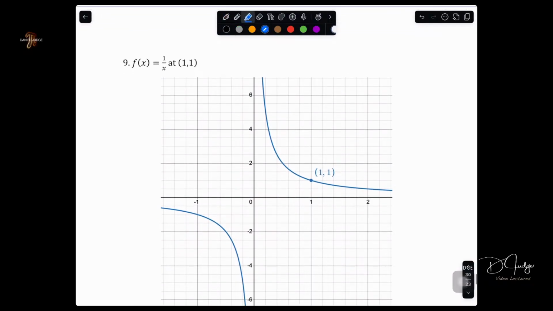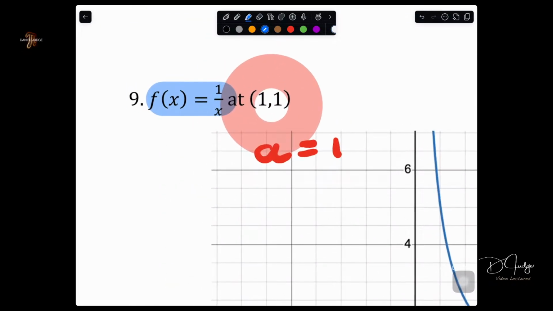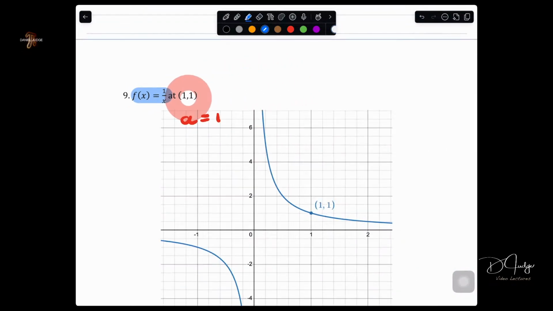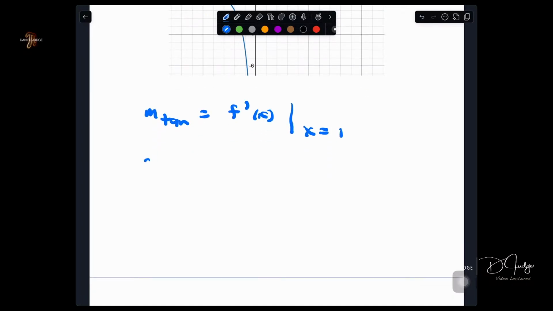Number 9, the location they're looking for here, we're going to find m tangent, slope of the tangent line, and the equation of the tangent line. That happens here where a is 1 now. The function is going to be 1 over x. So using our definition, m tangent is f prime of x evaluated when x is 1, that derivative